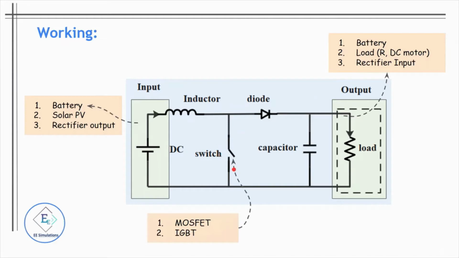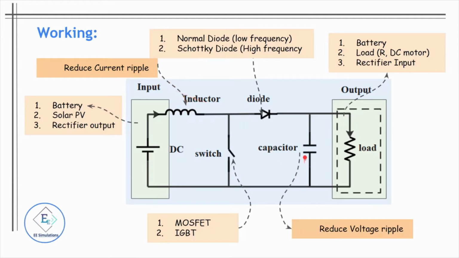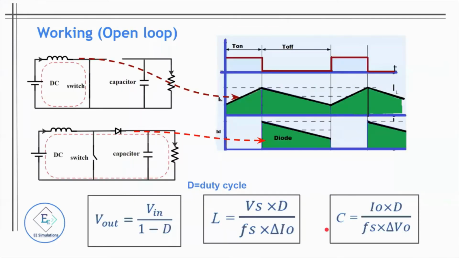Then there is a MOSFET or IGBT for the switch, whereas for the diode we can use a normal diode for low frequency and Schottky diodes for high frequency. This is the inductor to reduce the current ripple, whereas the capacitor will reduce the voltage ripple. So let us see the working of the